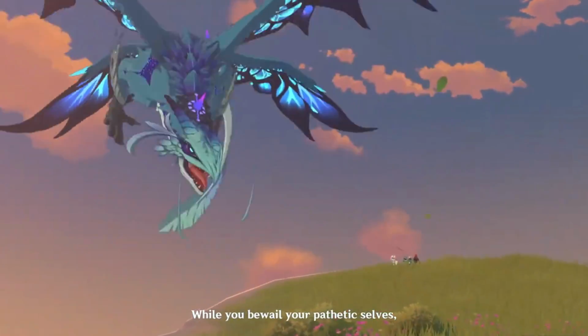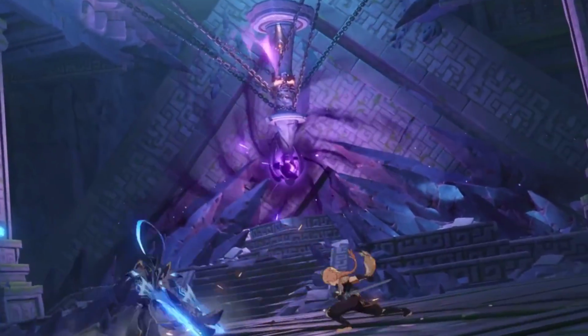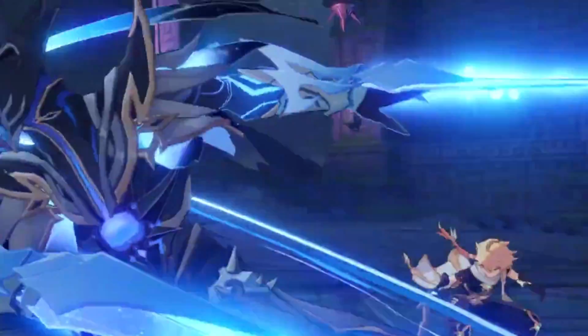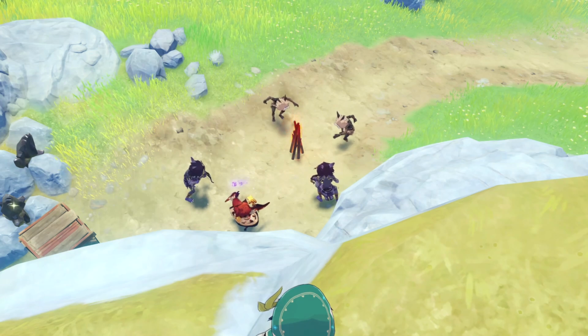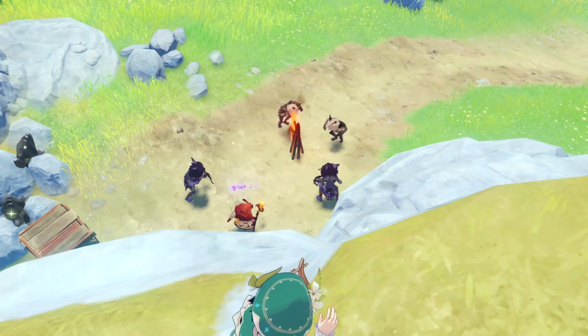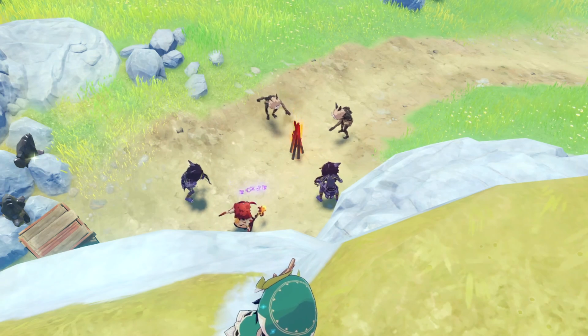They've brainwashed a dragon, stolen a statue of the Seven, and then hung it upside down for some reason that we still don't know about. They stole a bunch of library books. They like to hold dance parties with the Hilichurls, although I suppose these are more like Hilichurl recruitment ceremonies, but